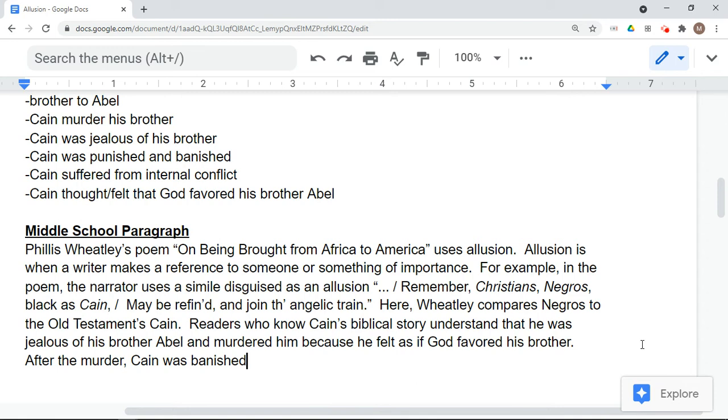And so after the murder, Cain was banished. And so he sort of felt like an outsider, really. This idea of Cain being banished caused him to lash out because he felt like God favored Abel, and so then he was punished and banished. But what's interesting is the way that Phyllis Wheatley uses the allusion, because she says, remember Christians,